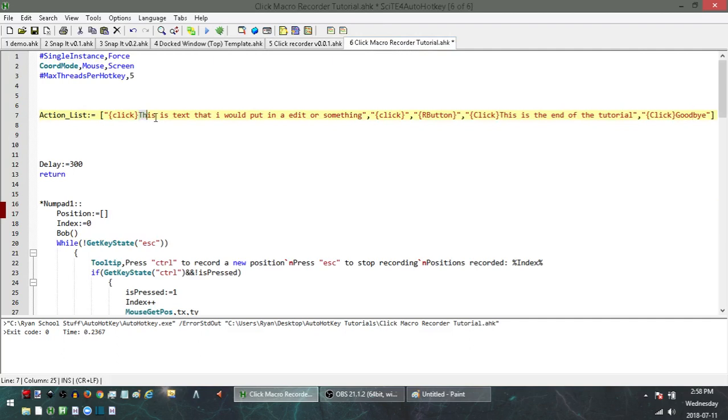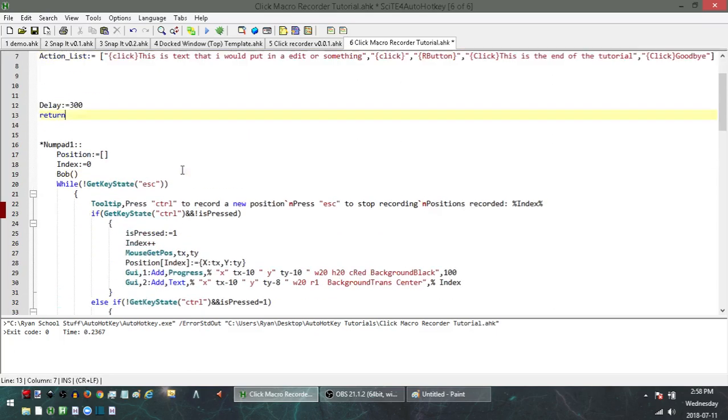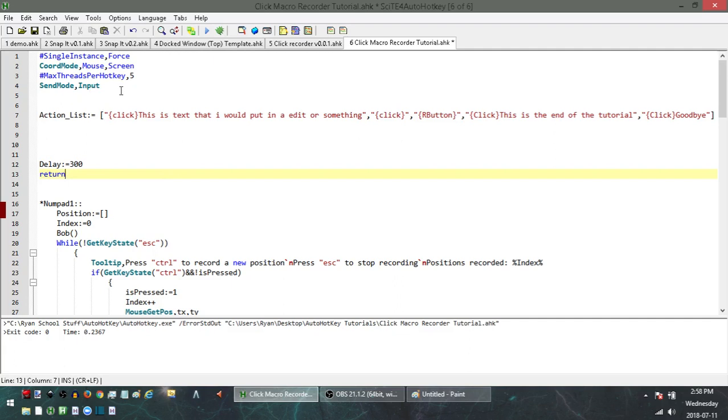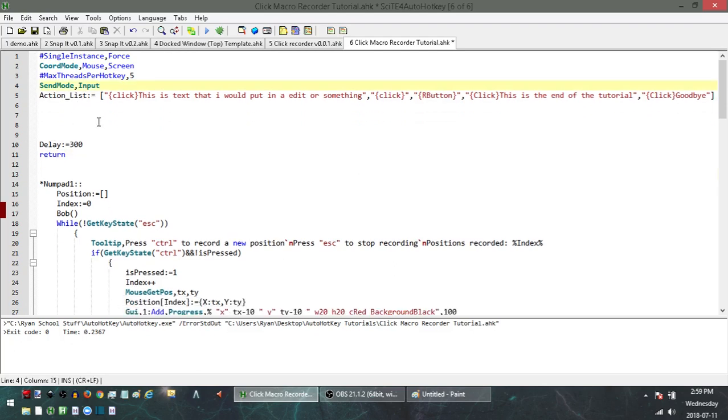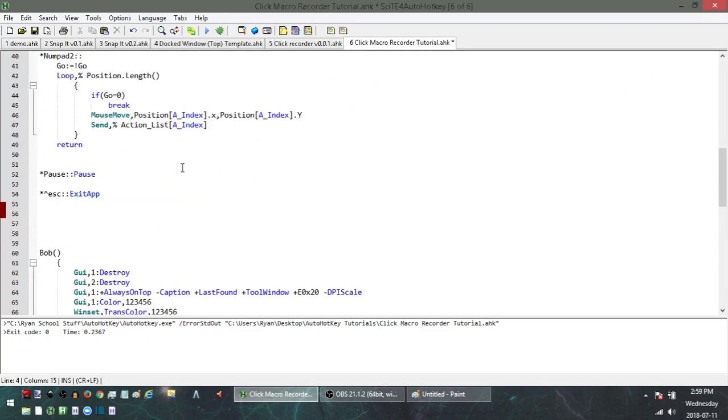To make this type out a lot faster, up at the top of my script here, I'm going to type out SendMode, comma, Input. Okay. So this is just going to make it type it out faster, and if I type any keys while it's doing it, it'll buffer those and play them after it's done what I've told it to do. Okay, I think